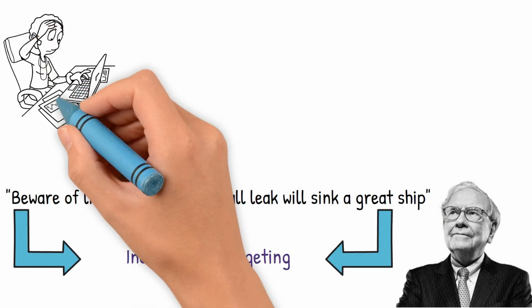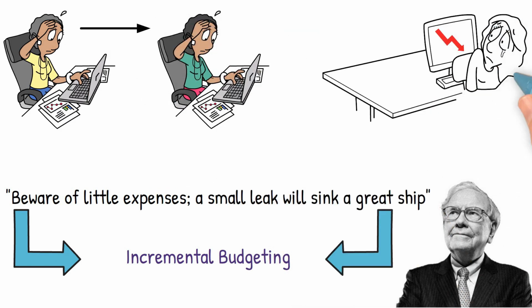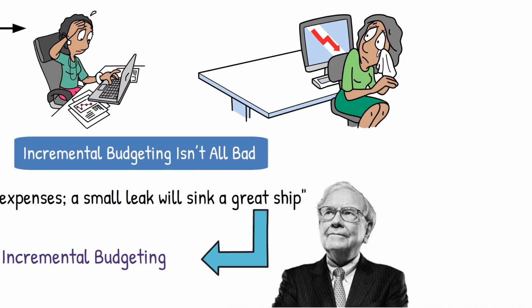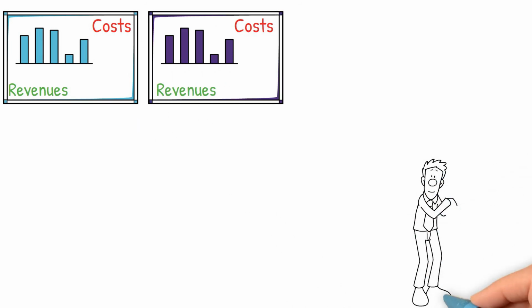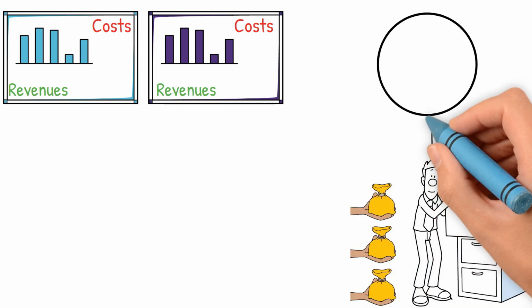Those small inefficiencies you carry forward year after year can add up and hurt your bottom line in the long run. Still, despite its flaws, incremental budgeting isn't all bad. It works well in stable environments where costs and revenues don't change much from year to year. For example, if you're running a government department or a nonprofit with predictable funding, this method might be a good